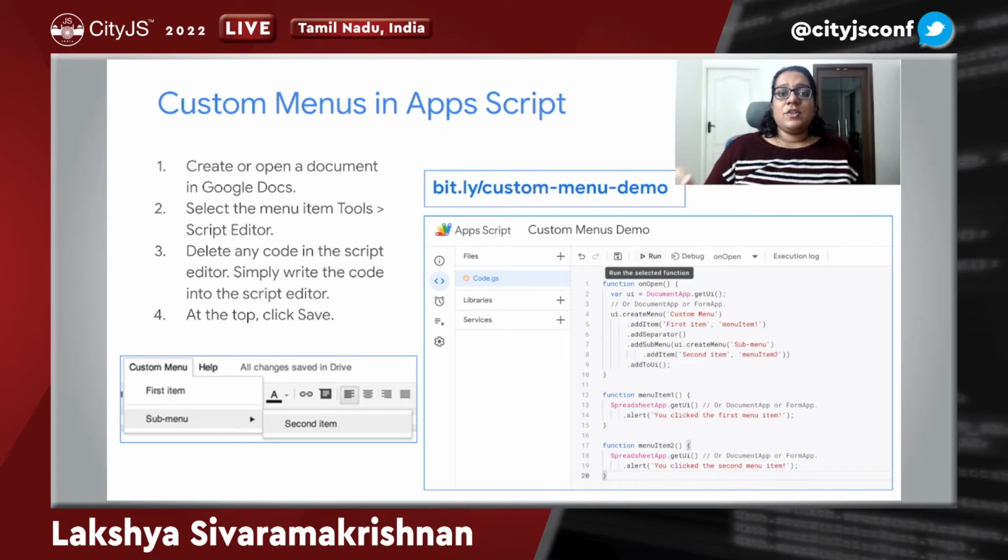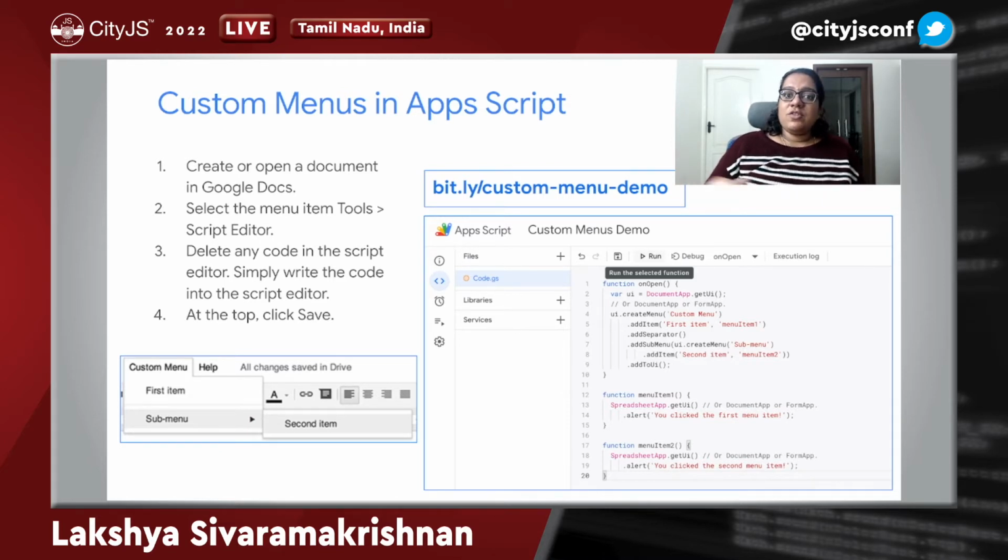You can also get the code by making a copy of bit.ly/custom-menu-demo, and you will find the code there when you go to Tools and Script Editor. Once you do that, click on Save, and then when you come back to your Google Doc, you will see the custom menu there with this particular hierarchy.